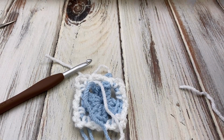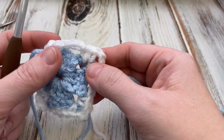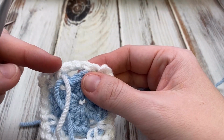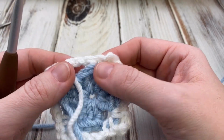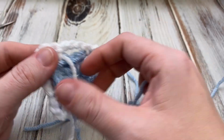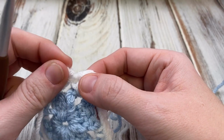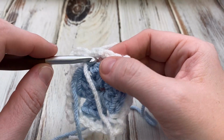Okay, back to our other color, main color, and we will turn our work. Oop, I did turn it, because you're turning it around, but you want to always start this cluster area, or the little granny with 3 double crochet group in the middle. So it's one thing to forget, like when I turned here and couldn't remember if I'd turned, I can see that I ended over here with my slip knot, so I know that I haven't turned my work. So I want to turn and join right here,